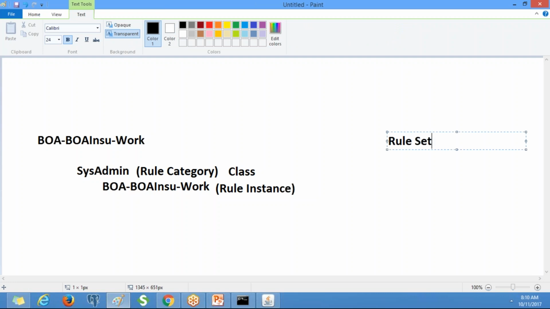These things will not be stored in the class. We create the rules under the class, but they are not stored in the class; they are stored in the rule set. Rule set is simply a collection of rules. It stores, manages and identifies the rules.